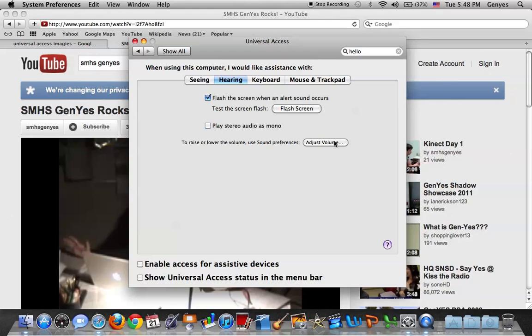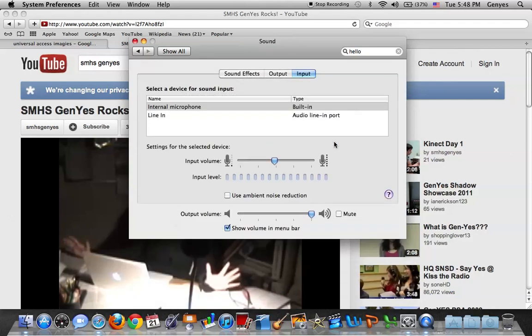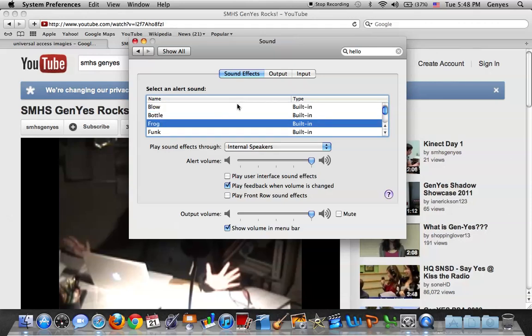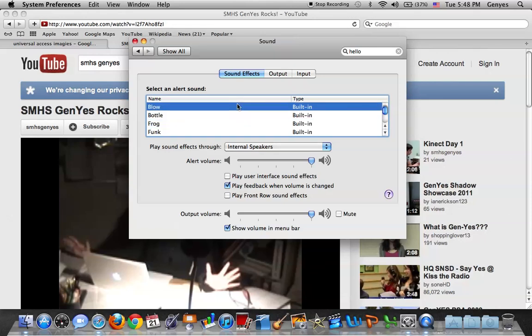Also, to raise or lower the volume, you'll be able to use the adjust volume button. This will allow you to change the sound of the sound effects that play when an alert is to pop up. You'll be able to choose what it plays the audio through, how loud or how quiet the volume will be, whether or not it plays the interface sound effects, plays feedback when volume is changed, which is this, whether or not it plays the feedback, or whether or not the sound effects within Front Row,